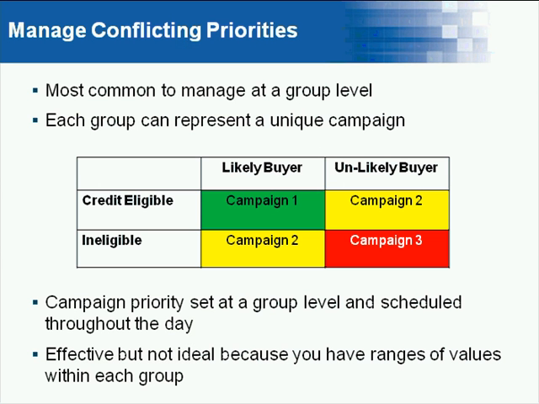Prospects that have both a low likelihood of buying and a low likelihood of being credit eligible are grouped into a unique campaign that receives the lowest priority. So here you've got a case where it's unlikely you're going to convert the sale, and even if you did have a chance of converting it, they wouldn't be eligible for the financing. And so therefore, they may receive the lowest level of resources, the least intensity as it relates to the sales effort. And then you're left with the two groups in the middle, which can be, in this case, collapsed into a single calling campaign.